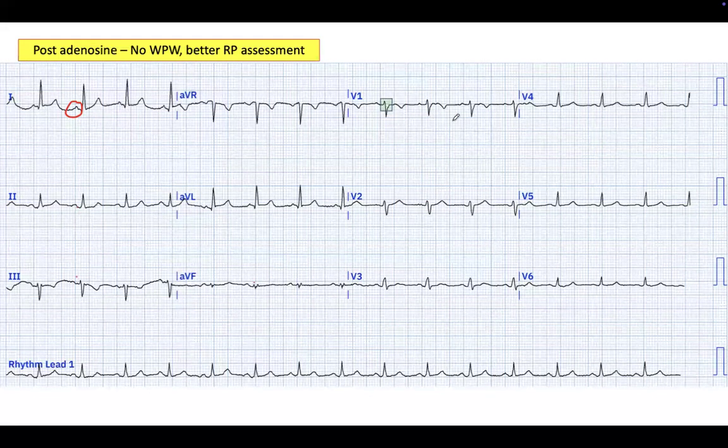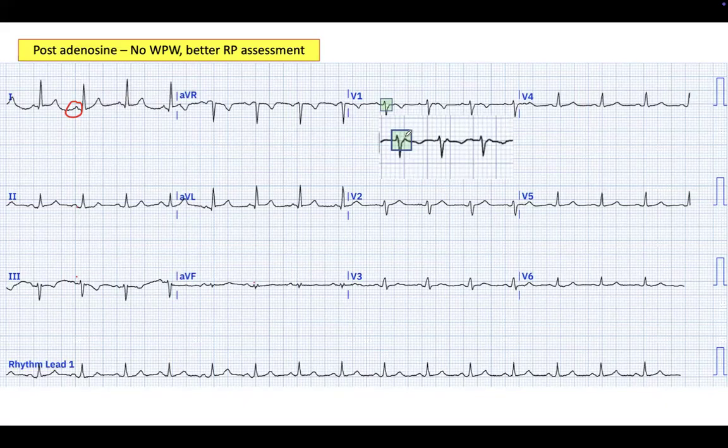But if you look carefully at this segment, if you remember, there was a blip here, but you lose that blip here, okay? So perhaps this was indeed a P wave, because if this was part of the QRS, you should still see it here, right? So this patient probably had a short RP tachycardia,